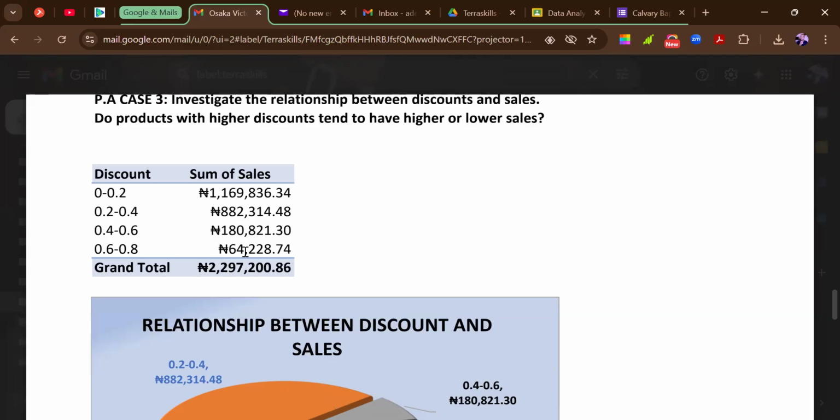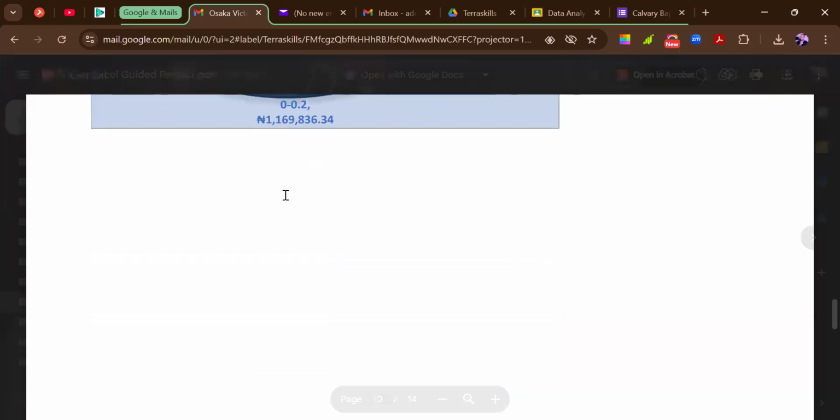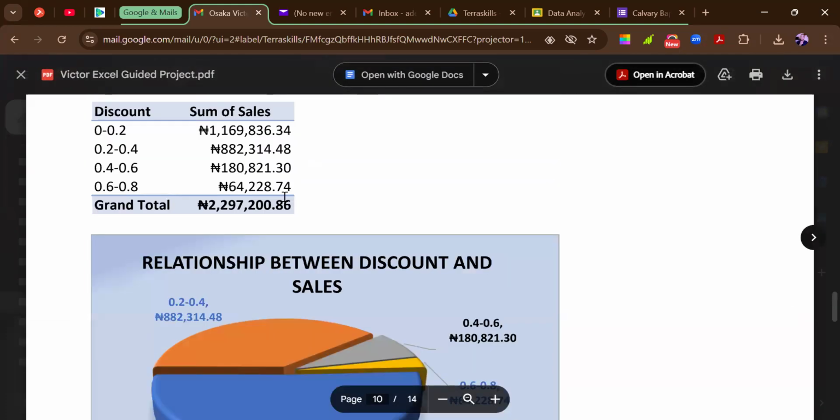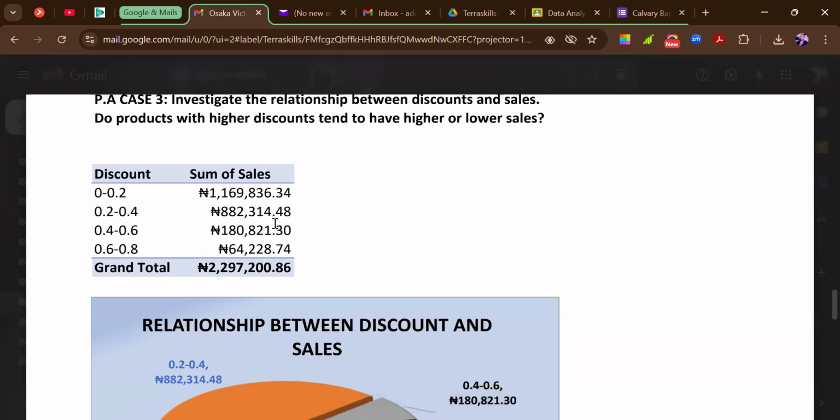So the idea, the representation, the information is perfect. Just like you explained, I think I saw it in your recommendation that the higher the discount, the lower the sales, but the lower the discount, the higher the sales. I'm not an economics student and I'm not an accountant, I'm an engineering student, but I think this does not really bode well for the company.